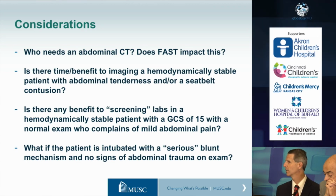Who of these patients would you get an abdominal CT on? I agree with Whit 100% on the seatbelt sign, and abdominal tenderness with a seatbelt sign. I would be very, very concerned about that. And I'll tell you, the seatbelt sign that you showed is a really bad seatbelt sign because it's not in the right place. That's exactly the key point. That's always the question, because we sometimes will watch a seatbelt sign. If it's over the anterior superior iliac spine, in the right place, it may be just a little, and you can follow the patient. First of all, CT scan's not going to be super sensitive for picking up the injuries, although our radiologists are pretty good at it. They'll see the focal ileus or something. But if it's in the wrong place, then you're...